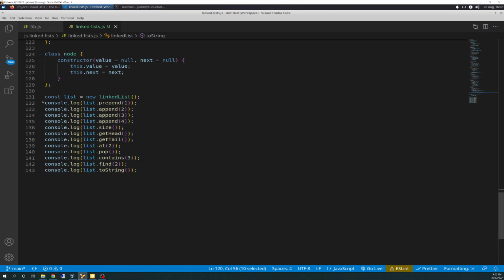So here's all the console logs. Basically, I have one for prepend, so we're going to add one to the beginning of the list. We're going to append 2 to the end, 3 to the end, 4 to the end. We're going to check the size. We're going to get the head, get the tail, and then we're going to